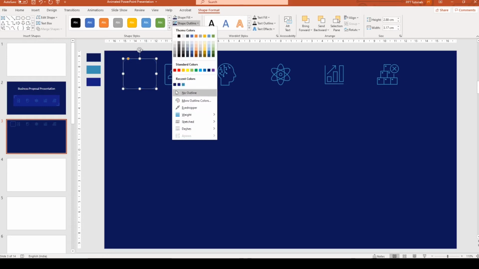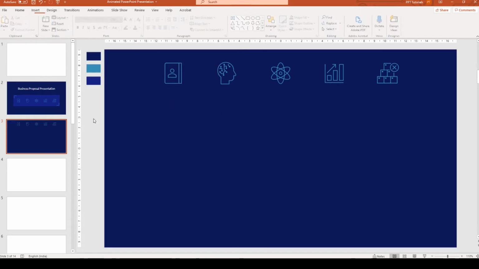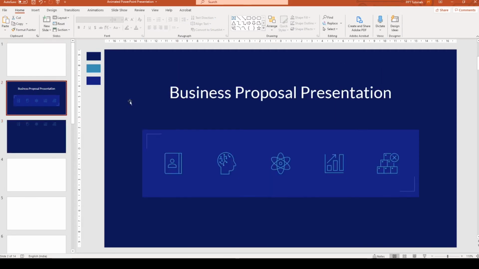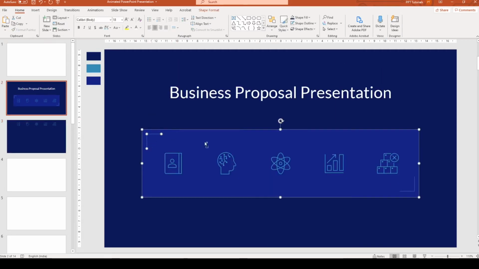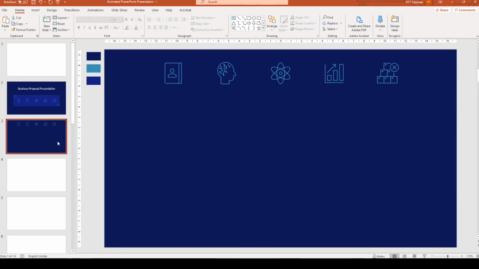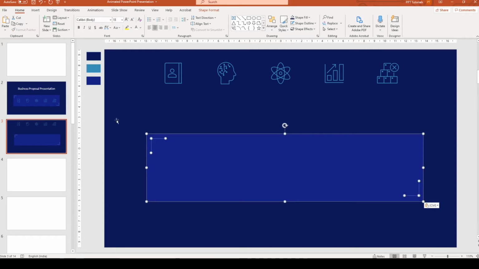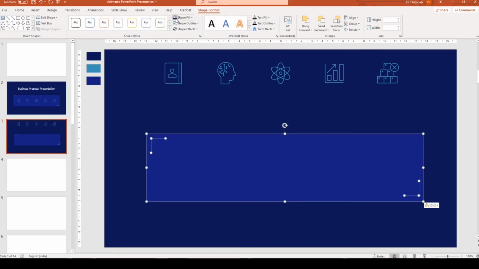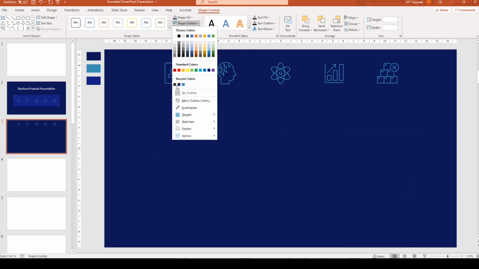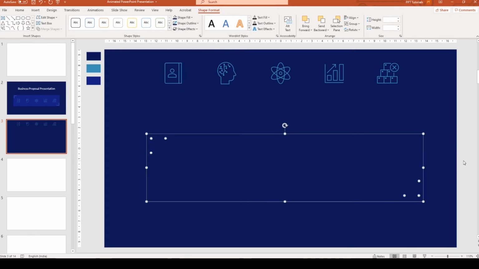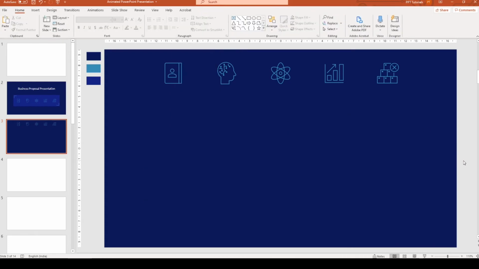Then I'm going to select the rectangle, go to Format, Shape Fill and choose the same color as the background so it merges. Then again, we will go back to the previous slide, hold down Ctrl and select the smaller rectangle and the individual lines, press Ctrl and C to copy. Then on the next slide, we press Ctrl and V to paste them. Then go to Format, Shape Fill, choose the same color as the background. And then again, we go to Format, Shape Outline and choose the same color as the background so that the rectangle and the lines, they merge completely with the background.